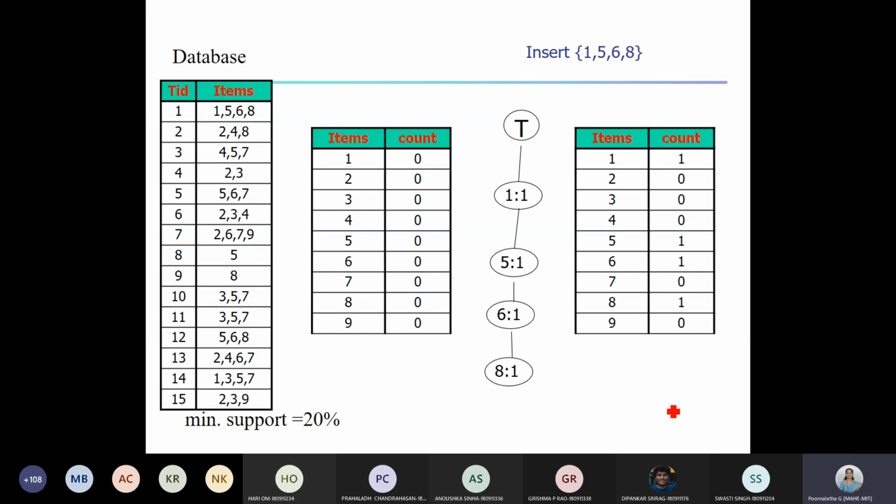Then FP tree again from Han and Kamber. Then PC tree is not available in both the textbooks. I'll upload the paper of PC tree, and for Pincer Search I have also uploaded the base paper for your reference.